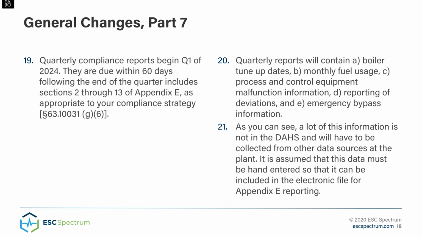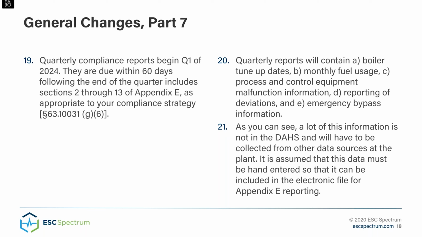I also want to point out that these quarterly reports will contain other information outside of emissions data, such as the dates for when boiler tune-ups occurred, monthly fuel usage, and information on process and control equipment malfunctions, plus the reporting of deviations and when any emergency bypass equipment was used. So you can see a lot of this information is not in the DAS, and a lot will have to be collected from other data sources at the plant. And so it is assumed that most of this data can be hand entered,